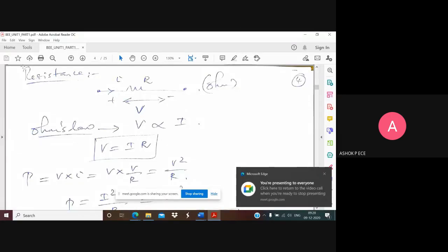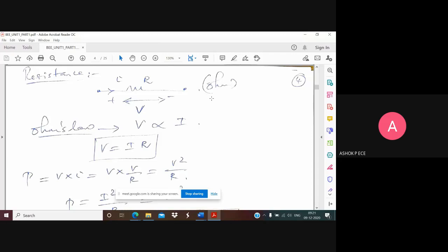So we stopped with resistance yesterday. Resistance is a component that restricts the amount of flow of current in a particular circuit. I told you, if you want to restrict or stop the flow of current, you put a resistor in that circuit, and this is the representation of a resistor. The resistance value is given as R, and the current flowing through the resistor is I. Always remember, the current entering point is positive, and the current leaving point is negative. This is the convention we follow in a resistor. If you assume the current is entering this way, this point will become positive, and this point will become negative.